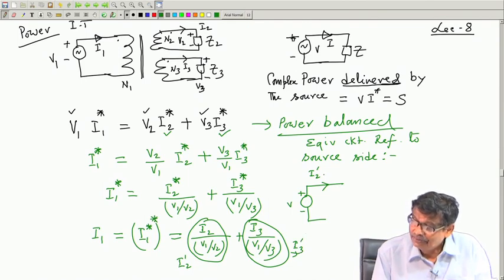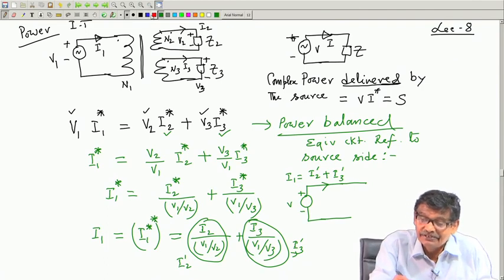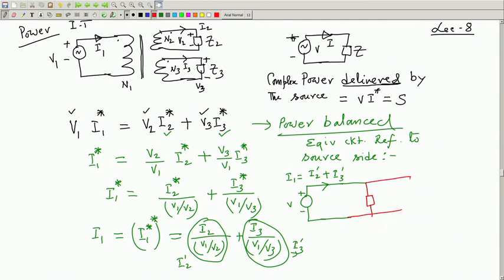So, I2 plus I3 reflected, this is your I1, is it not? Therefore, these impedances must appear in parallel, such that one is I2 dashed and this is I3 dashed, and this impedance I will write Z2 dashed, this first one,